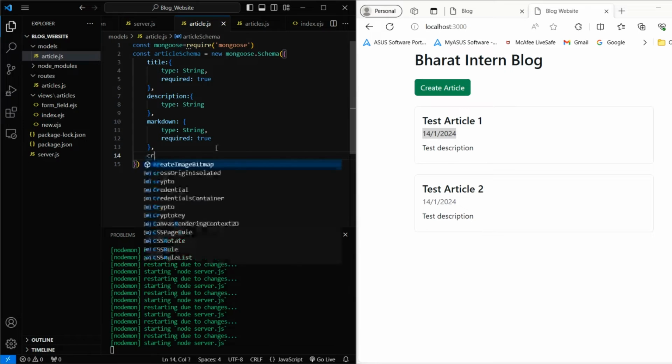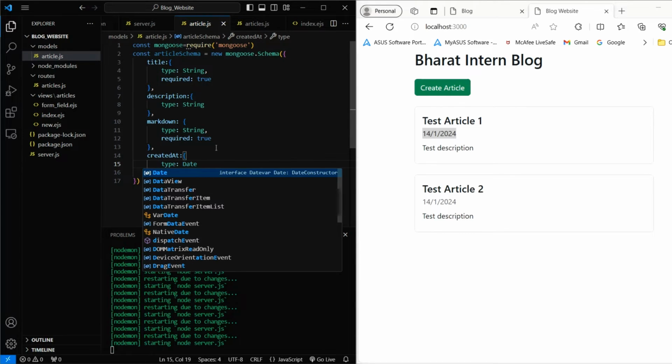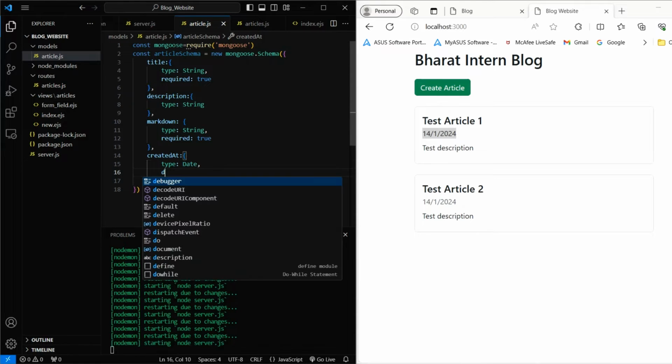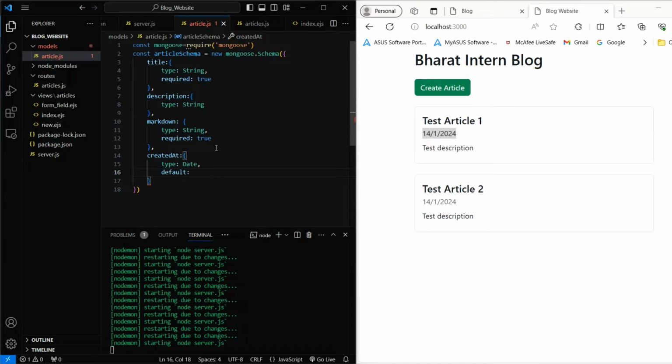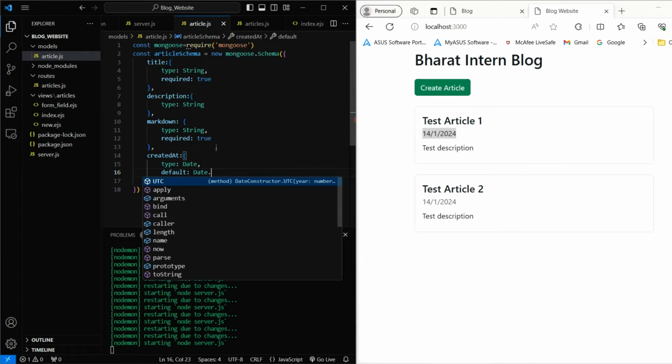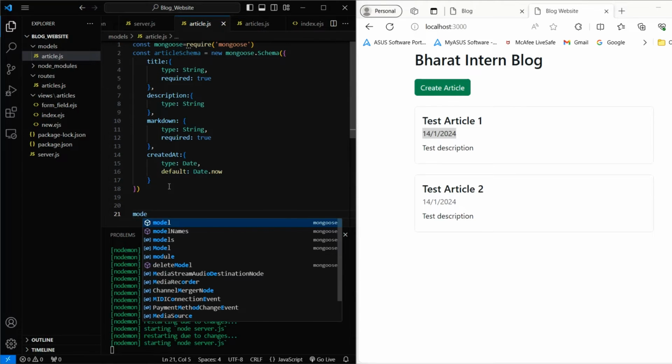So here I'm going to give createdAt, type is equals to date. Next I'm going to give default. Default it's going to take Date.now, guys, because whenever we click on create article and submit the article, then it's going to take the date exactly. So that's it. Next I'm going to export this